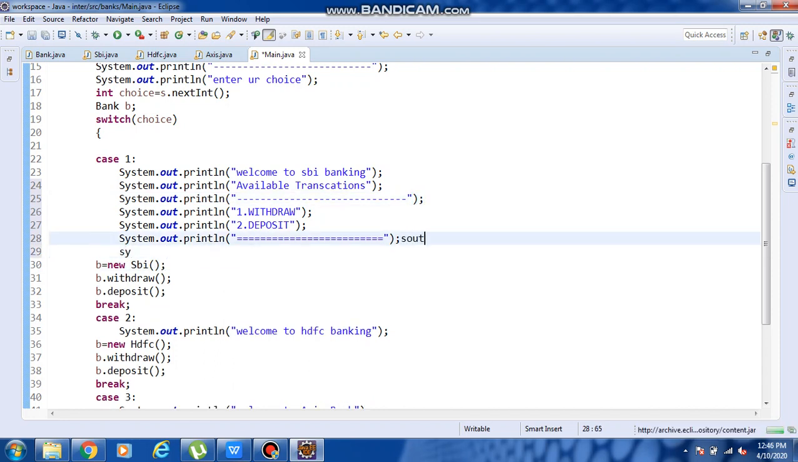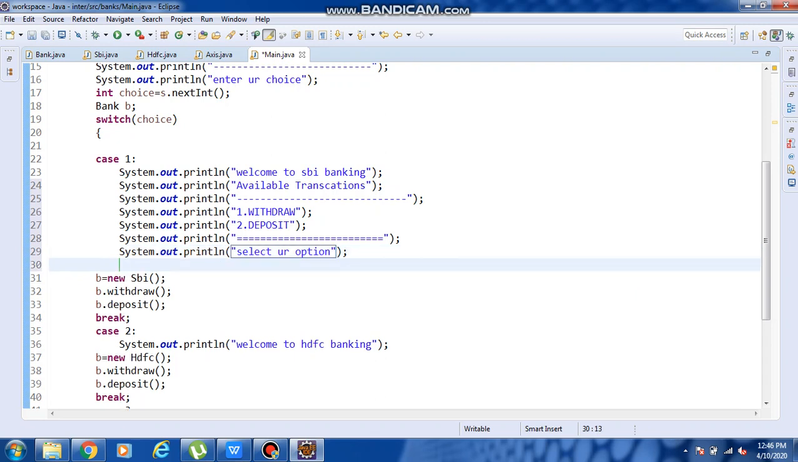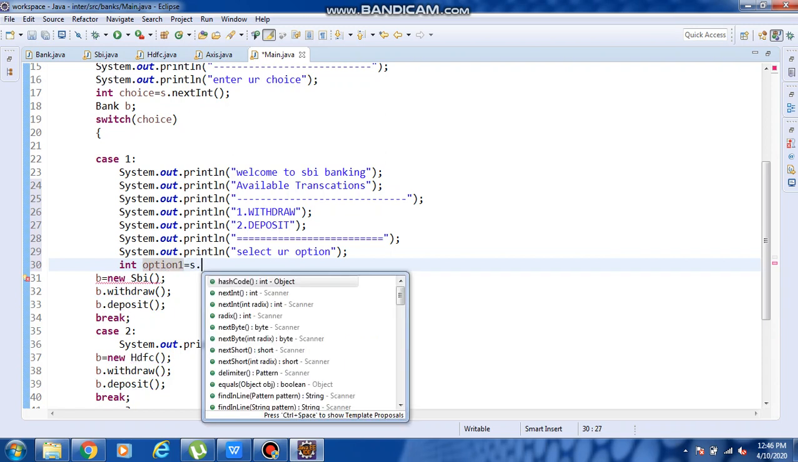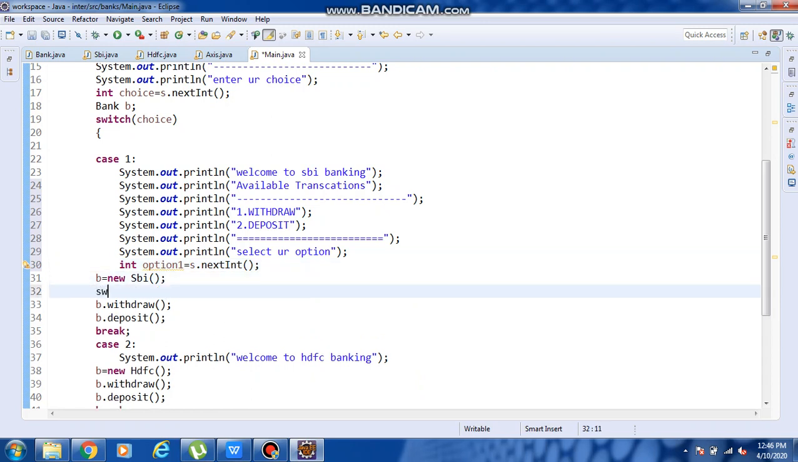So next I am giving, so select your option. So int option1 equals s dot nextInt. So now here what I am doing, so switch to